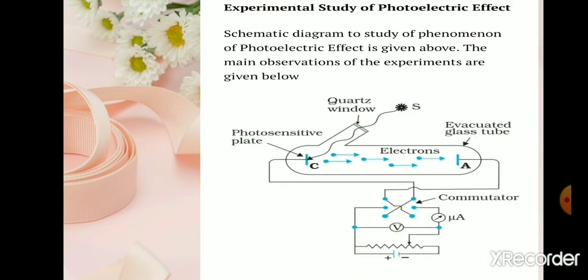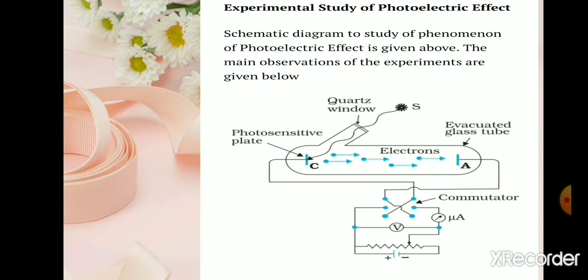The experimental study of photoelectric effect is as shown in the figure. This schematic diagram was used for the study of photoelectric effect. So let us go into detail about the description of this diagram. In this diagram, you can see an evacuated glass tube, two photosensitive plates A and C, which are taken as the anode and the cathode, and a quartz window through which light can enter and reach the cathode,